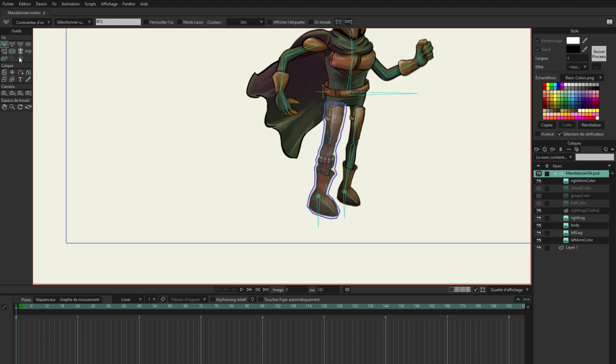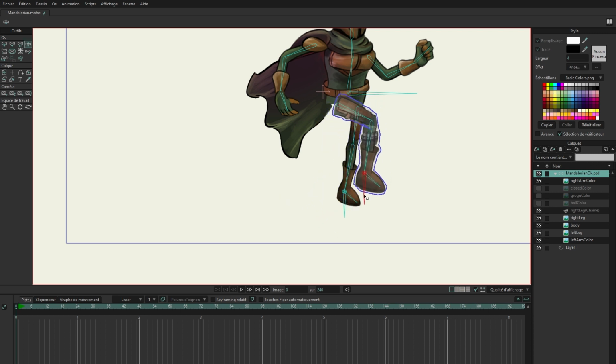To start, select the leg bone with B, then open the Bone Constraints panel. You can then add a maximum angle limit to the bone. Now we will use the Action panel. You cannot see it here because my screen capture tool did not record it, but I have the Action window open. If you do not have it open, you can go to the Tools window at the top to open